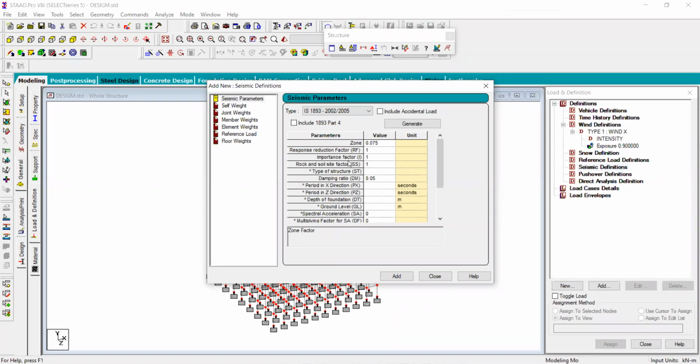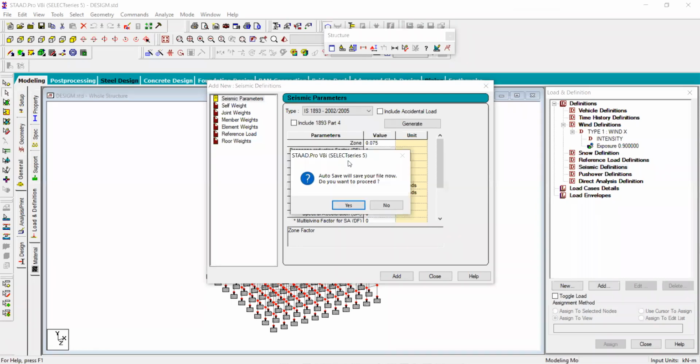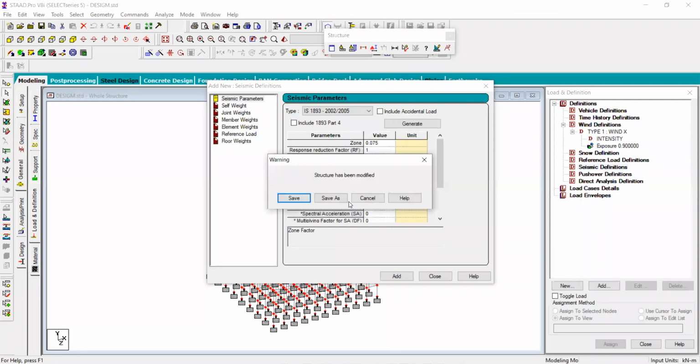I am giving a brief introduction of the earthquake force. You know that the earthquake force is created by the movement of the fault inside the earth. If there is some vibration or movement in the fault, there will be generation of forces. And a fault may be inclined or make some angle with the horizontal, so the forces will be generated in three directions: the x direction, y direction, and z direction.